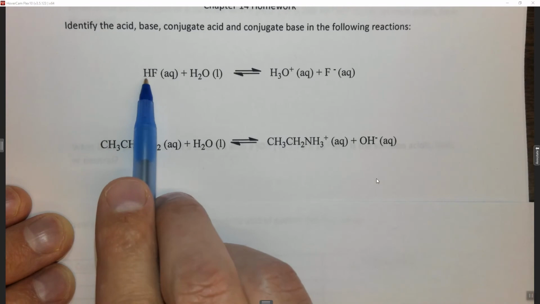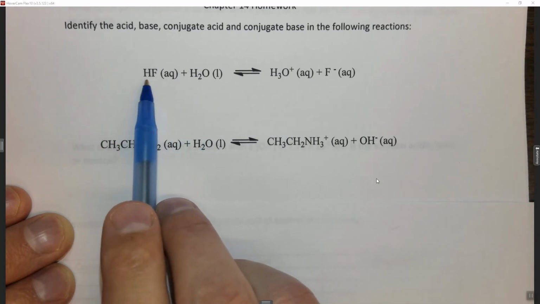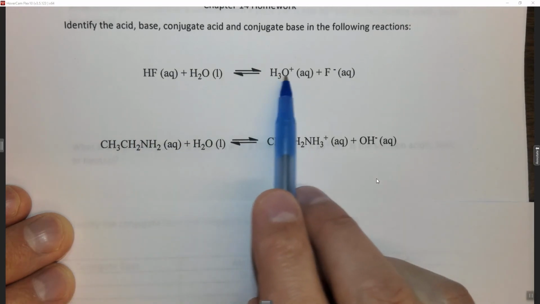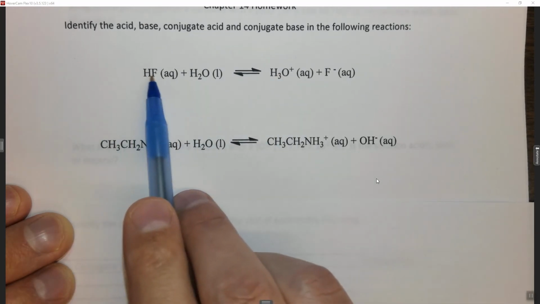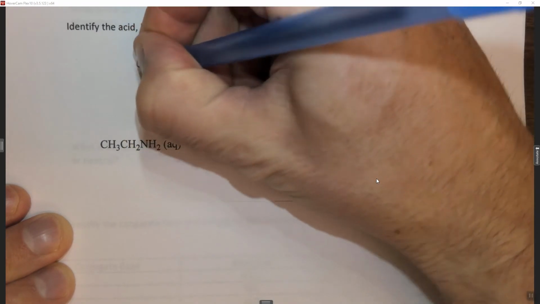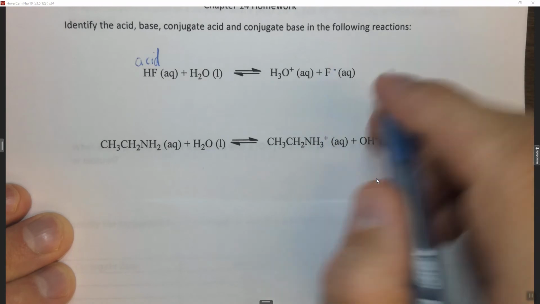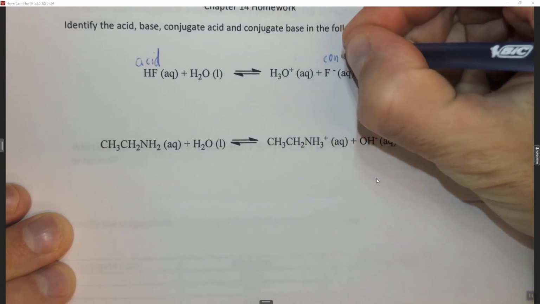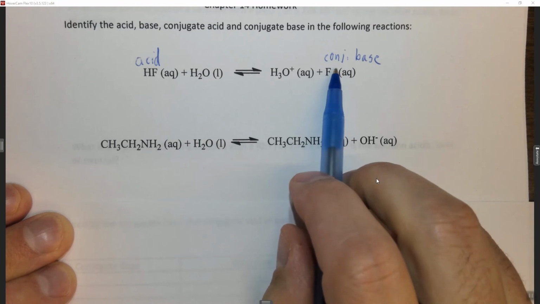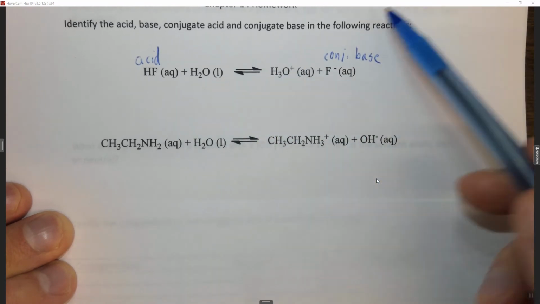So HF gives a proton, which is an H and a positive charge, to the H2O. So the H2O becomes H3O plus. So HF loses a proton, so it acts as an acid. This makes F minus the conjugate base. Why is it the conjugate base? Because now F minus wants to gain a proton from H3O plus, acting like a base to drive the reaction